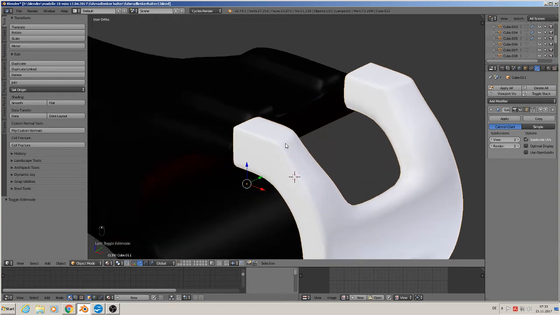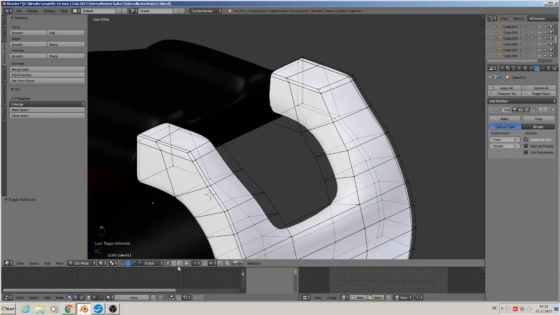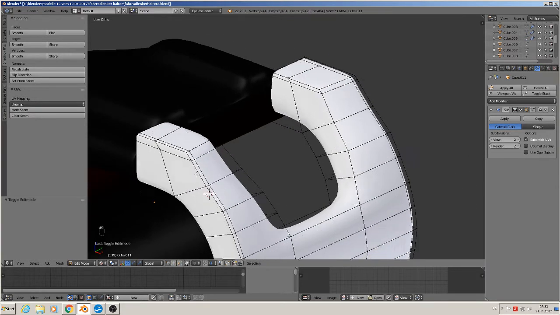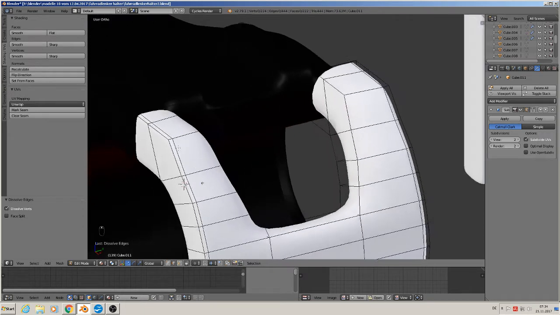To get both, we need to go in here, and that means we get this loop out, so then the roundness will come up here. So we get this loop and X, dissolve edges. Now you see it's rounded up there, only here not, but we want to